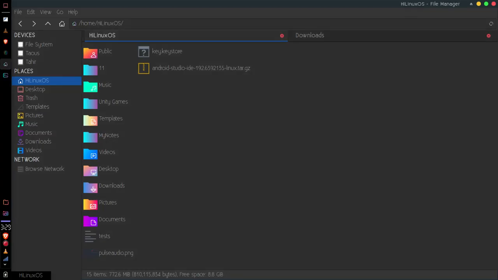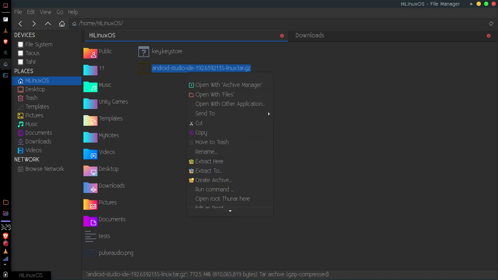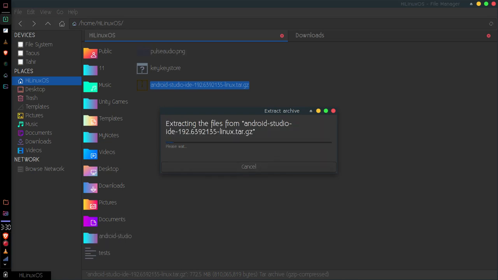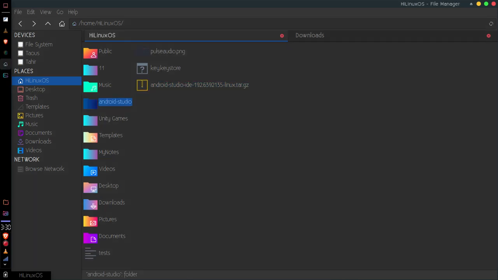And now here you can see we have this Android Studio. Now we need to extract all these files, so right click and choose extract here. Now all files have been extracted, so you can see we have this Android Studio folder.